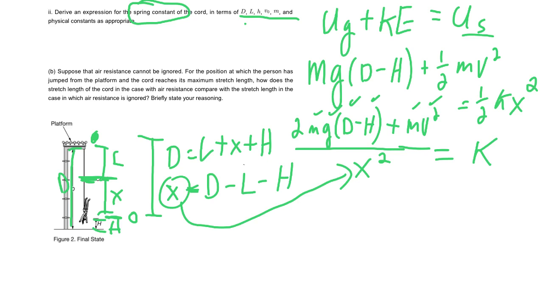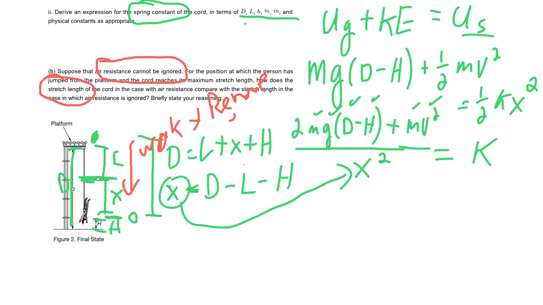So the last part of the question is saying, what if you do not ignore air resistance? How would that affect things? And specifically, they're asking, how would that affect how much it stretches, the stretch length? So hopefully you notice, as it's falling, there's going to be work done by air resistance, right? It's essentially going to be taking away energy. So it's going to remove energy from the system. So if we're removing energy, or we often talk about energy being lost,